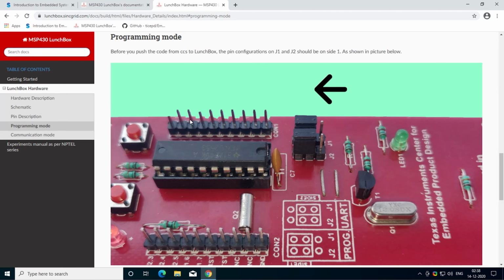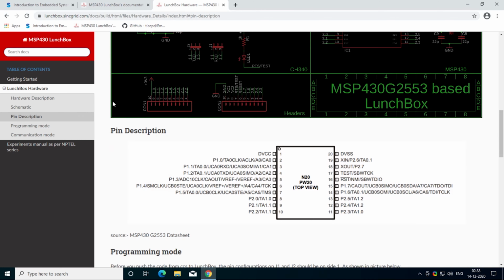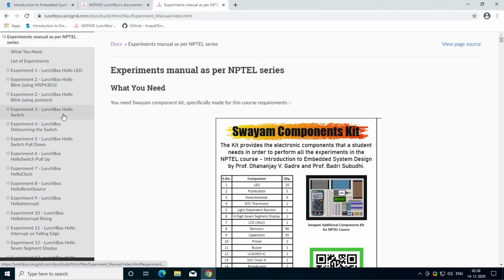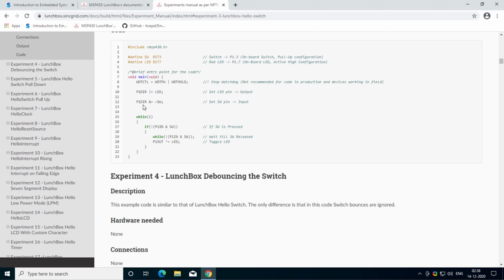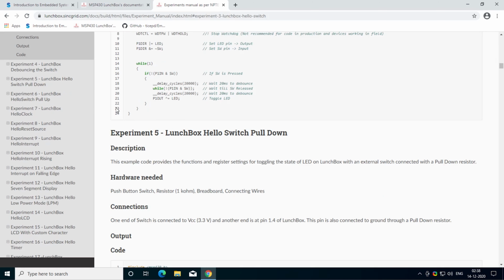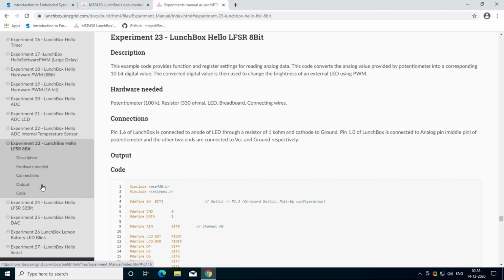The configuration needed for the pins and the pin descriptions, everything is provided over here with the schematic and board file. A detailed manual is also provided with the code, explanation, and hardware connection needed for each experiment. You can explore all those things at this link.